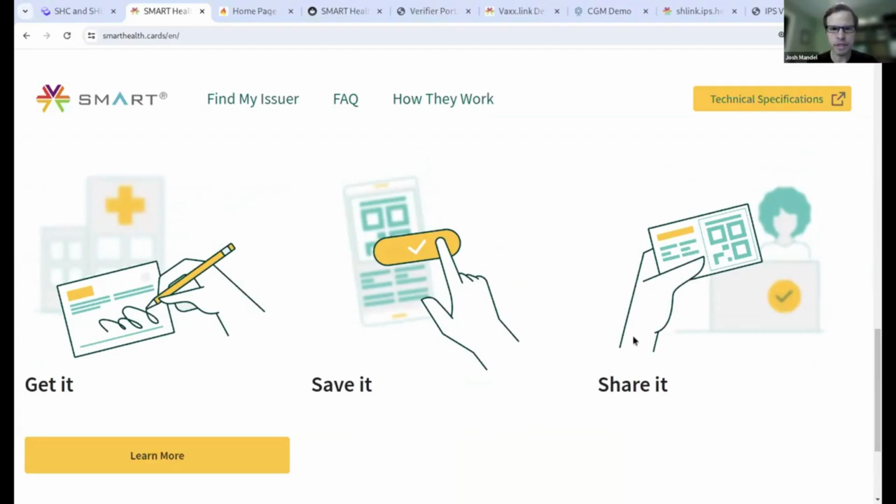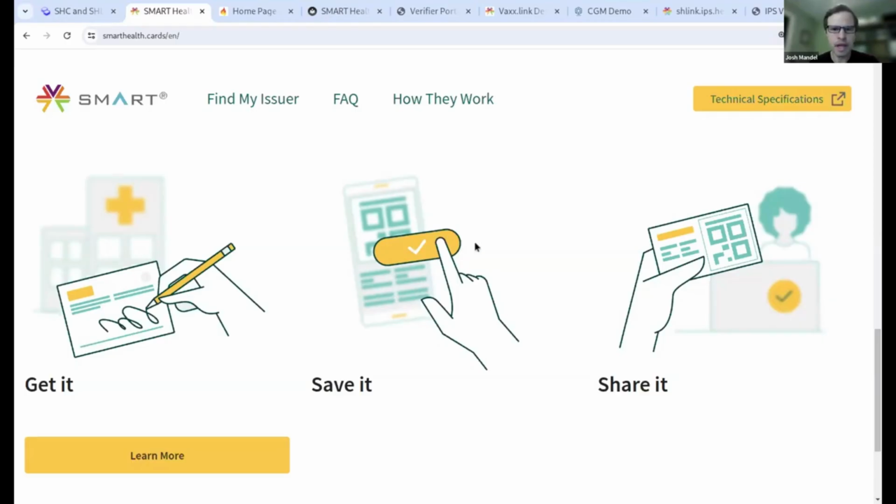And then you can share it with others when you want to be able to make them aware of certain kinds of health information. And one of the driving use cases for the development and the dissemination of this work was the ability to share vaccine histories for the COVID-19 pandemic response. And throughout, for smart health cards, it was very important to make sure that these technologies could work for people with and without smartphones. So smart health cards is designed so that you can share your information in a QR code, which you could display on your phone, or you could also print it out on a card in your wallet and save it there.